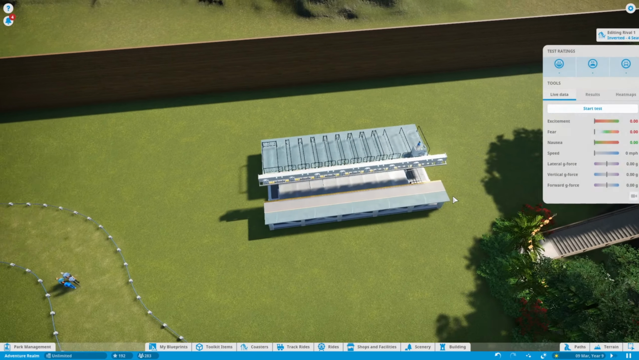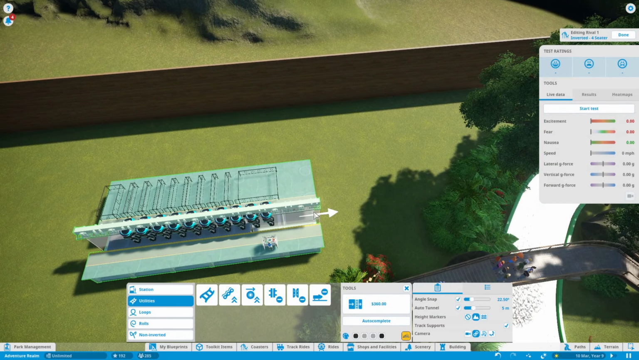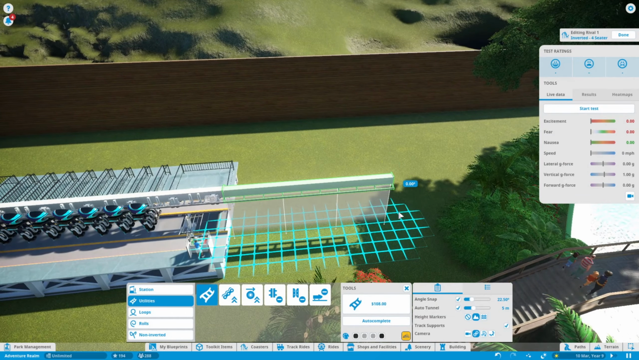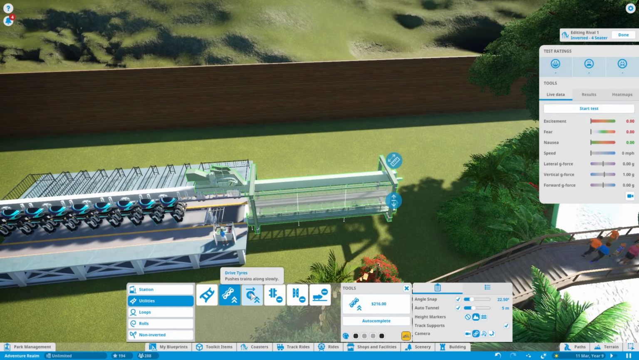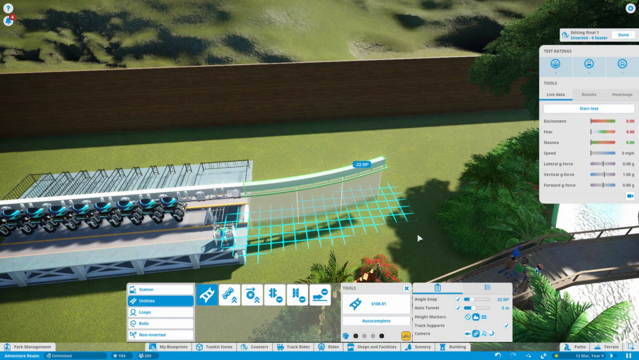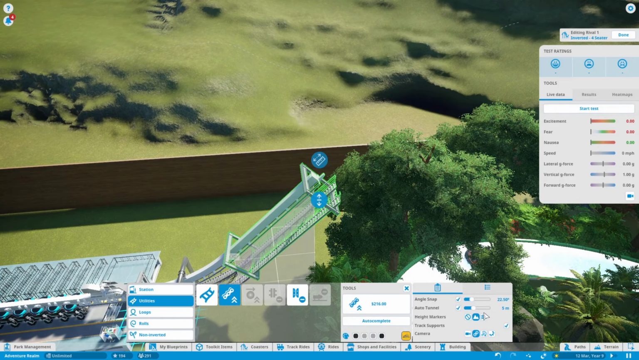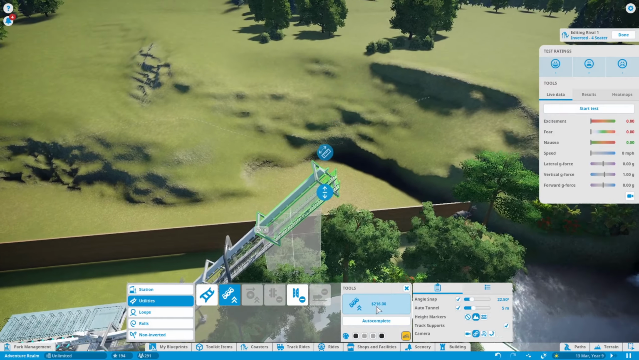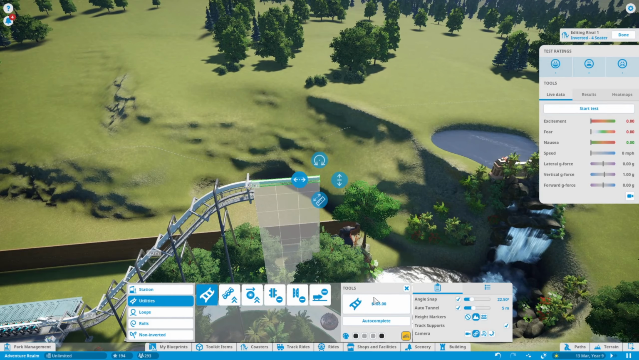Today we are building a suspended roller coaster, which I am going to be calling Treetop Flyers because it flies above the treetops. So this was a pretty simple one to build. It was pretty quick. So I wanted it to be an exciting roller coaster with a lot of fear factor